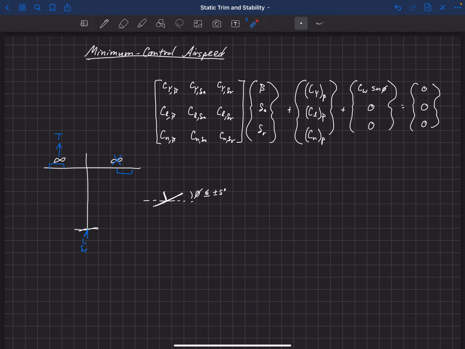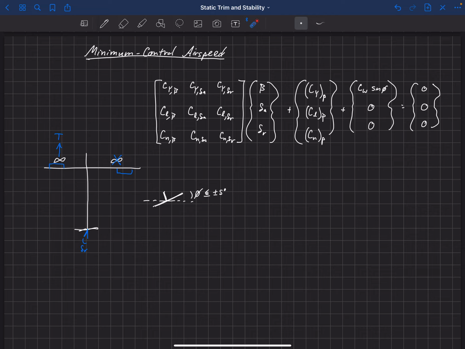Also, if we had, like, 4 engines up here, we'd want to look at this analysis in the worst case scenario, and usually that's losing the furthest out engine because it has the largest yawing moment. It could be either the right or the left depending on the direction of rotation of those propellers. Jet engines are less sensitive to the direction of rotation. But if you have propellers, and you've got 4 props on this thing, then the critical engine failure could be your right or your left, just depending on the rotation of those propellers.